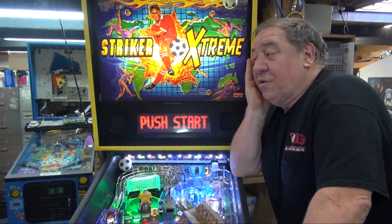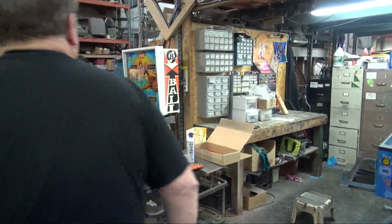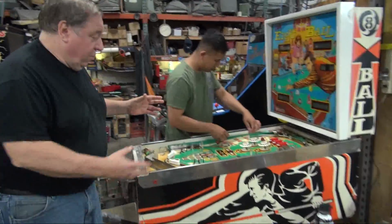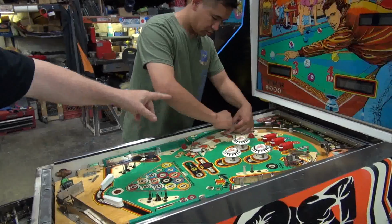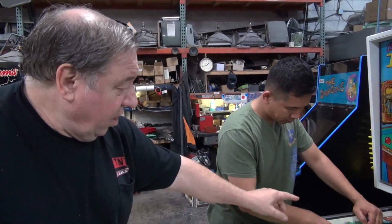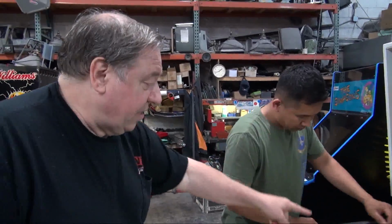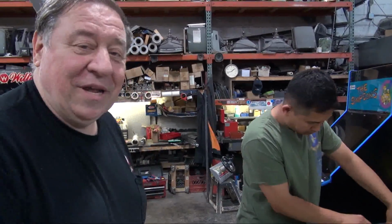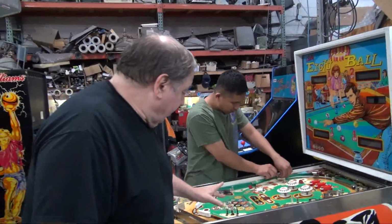The game is confused. Are you aware, if you are working on a Bally game and the game is on, but you're adjusting switches or touching switches, in this case he's taking things apart, the resistance in little Chris's body goes through his hands down to the ground. He completes a circuit, and he can actually cause funny things to happen. In this case, the game was ringing up credits. Now, if the game was on and playing, if you touch some of the switches...